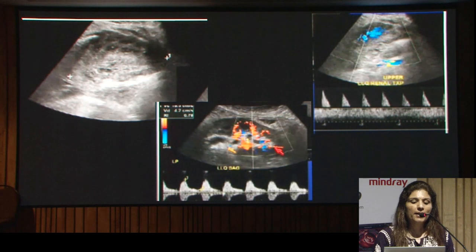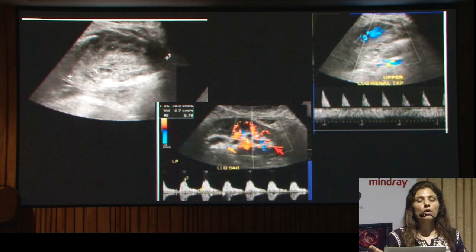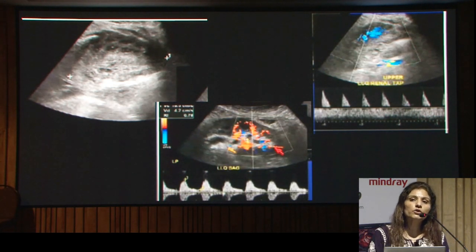This was a perigraft, a subcapsular hematoma, which was causing a lot of compression over the kidney. And this is a different case. Again, here you see the kidney is pushed up. There's a huge hematoma here. And when this hematoma was evacuated, the flow came back to normal. So this is how important it is to identify acute hematomas, because they are very isoechoic to the kidney,